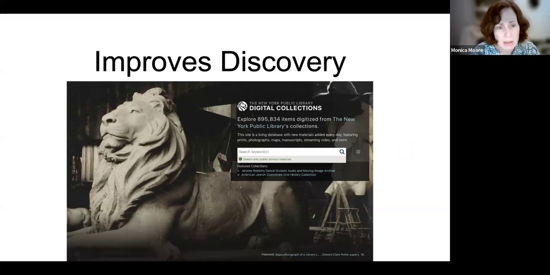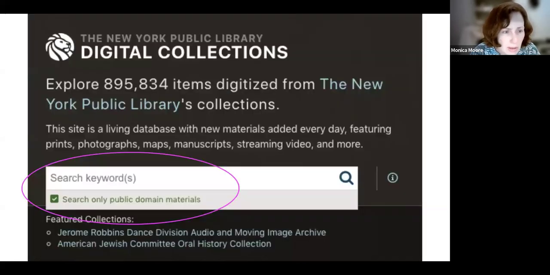If we go to the next slide, a little clearer, you can see they have made the search, from the very first main search box, apply a checkbox: search only public domain materials. By giving the user this right from the get-go, what they're really doing is employing the power of the rights statements to sift the search results into a bucket that could be immediately useful for a user. So they might be thinking ahead, thinking, I don't know what I want to do.